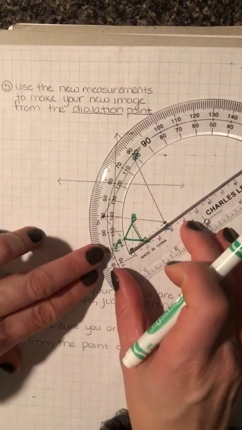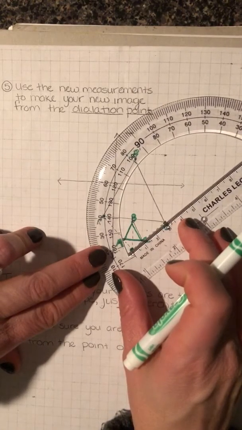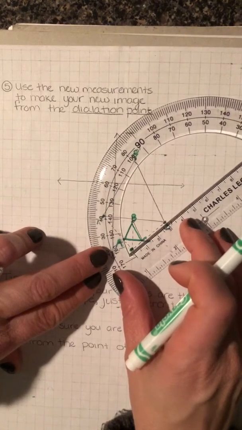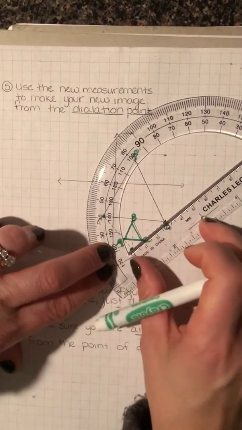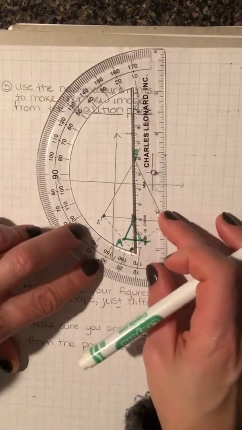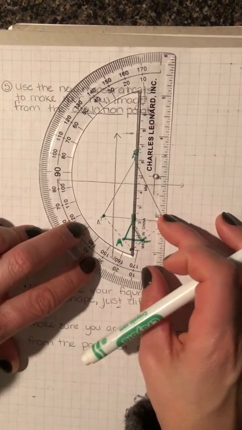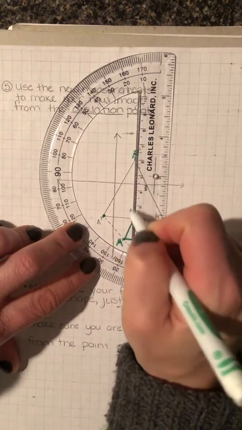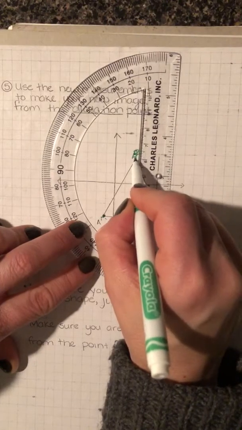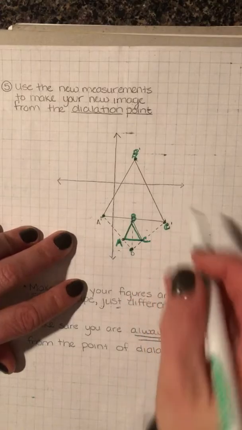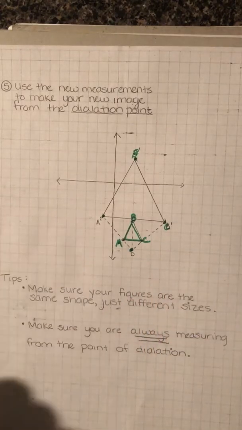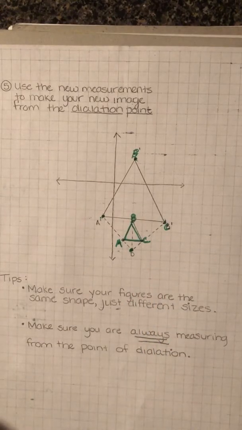Same thing over here. So through point C, we put a point at 3 centimeters, and then through point B, we're going to stop at 6 centimeters. So we would go through point B, and we're going to triple that size to get us to 6 centimeters. So now we have our dilated triangle,